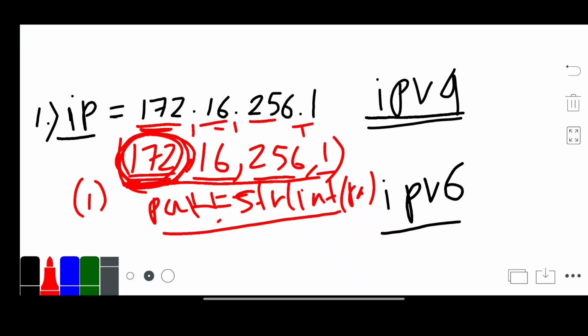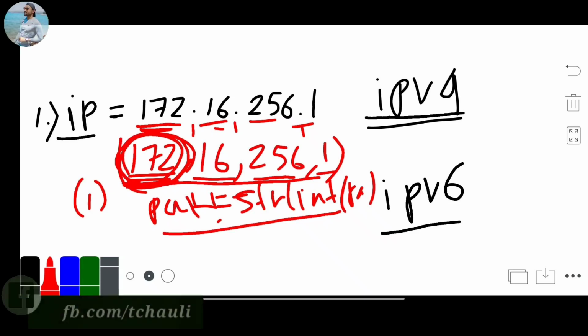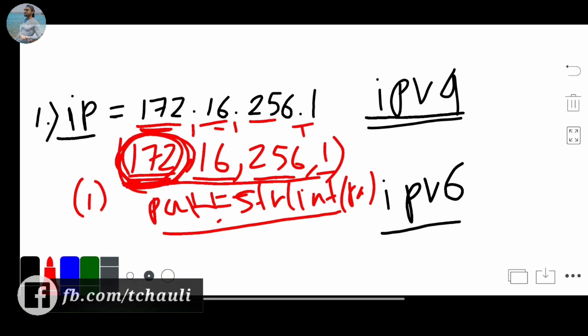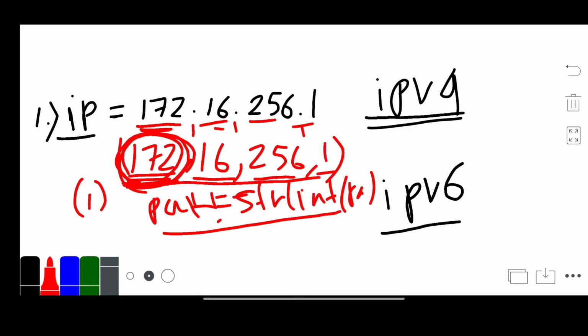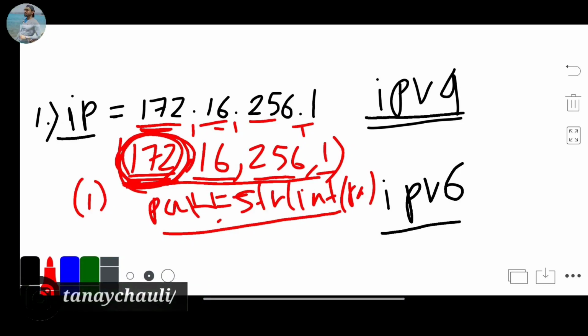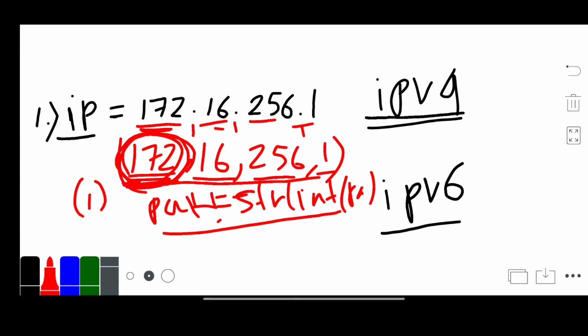Suppose our part value is, instead of 172, 0 1. So our part value will be 0 1, and when we convert this part value with str of int part, it will be 1 only, because it removes the leading 0, so this will not match with part, so it will simply return false.